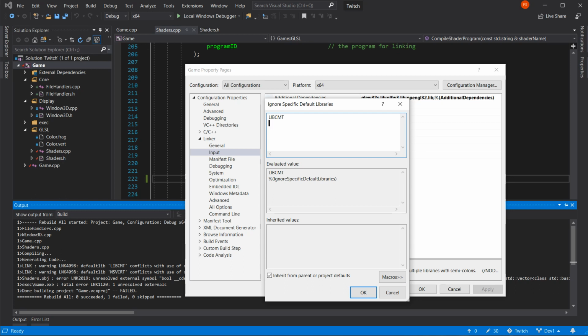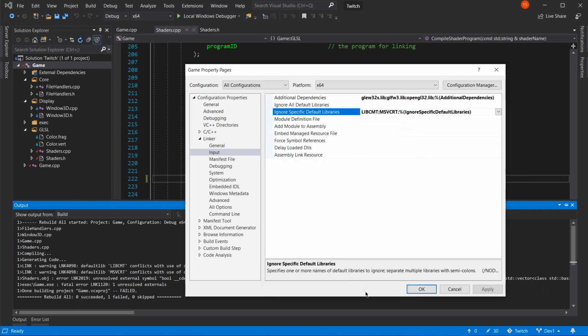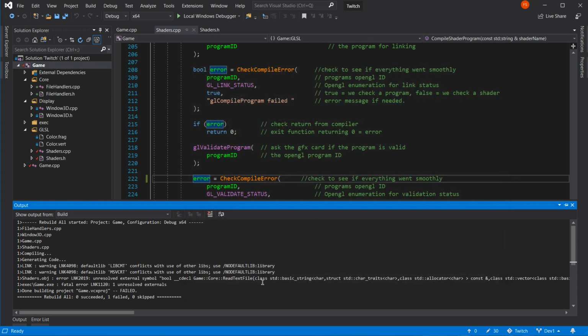Oh dear, this one cracks me up. Microsoft Visual C Runtime Library. Okay. Thank you for that.